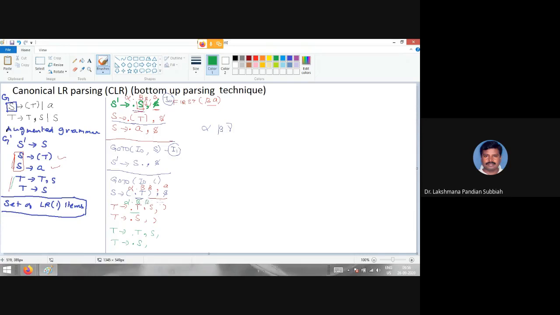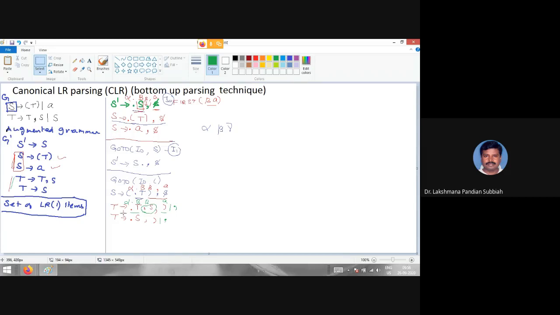B, this is beta, this is A, right? Now beta is comma S, and this is A, right? You combine these two, comma is the first symbol. So you have to take this comma, right? Now actually, instead of writing this again, you just write it once as the same one is repeated. You have to put close bracket or comma, close bracket or comma, right? So here you can remove that one. No need to write it once again. Just take that lookahead only. You remove this one. Okay.